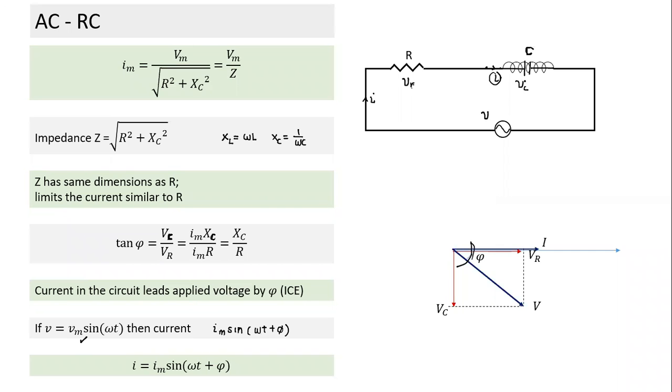The voltage across the capacitor has a phase that depends on the phase of I. In the case of a capacitor, what is the relative phase between I and VC? 90 degrees. So compared to the current here, where is VC? VC is at 90 degrees. And what about VR? It will be in the same phase as the current. So if this is the phasor for current, the VR phasor will be the same, at time t equal to 0.